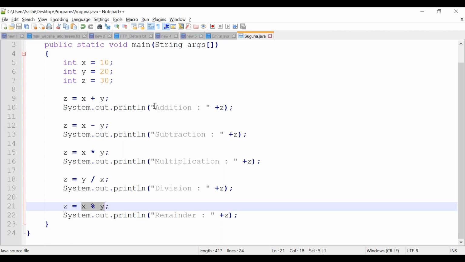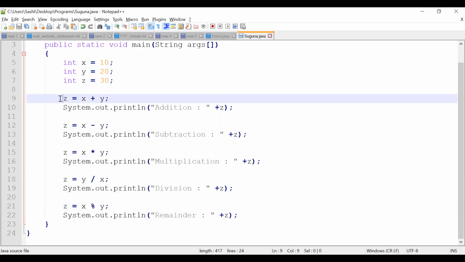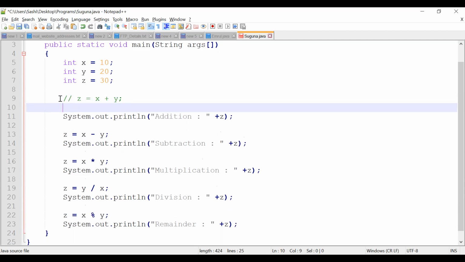You even need not write this many lines. Let me comment this line out. Listen very carefully. I have commented it out because you can perform this in a shorter format. Instead of z equal to x plus y, you can mention it like this. Another way is also there.